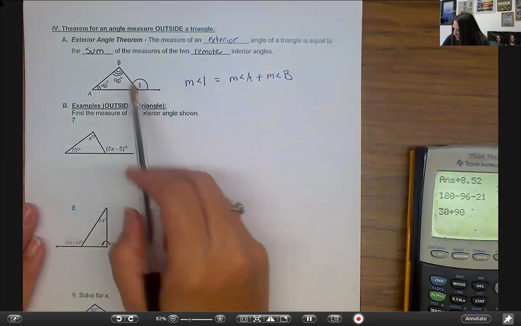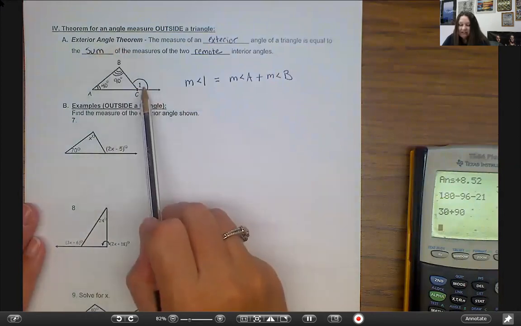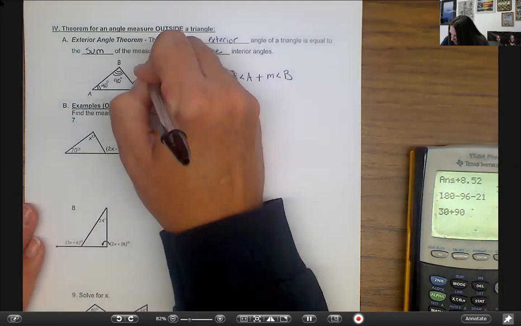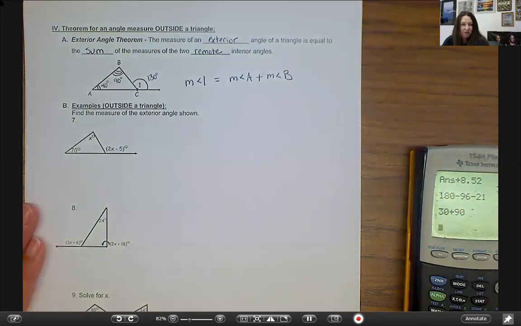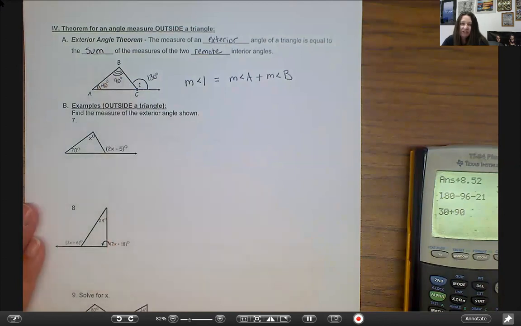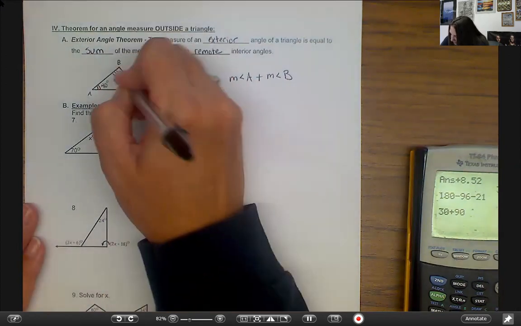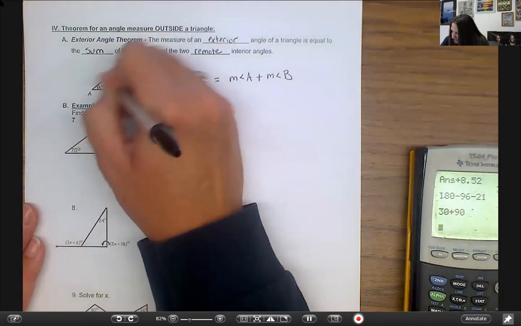Okay, if I use my exterior angle theorem, the exterior angle right here, angle 1, should be 40 plus 90, or 130 degrees. What we also know in a triangle is that the three interior angles of my triangle have to equal 180. So if this is 130, that would leave 50 degrees for my angle on the inside of